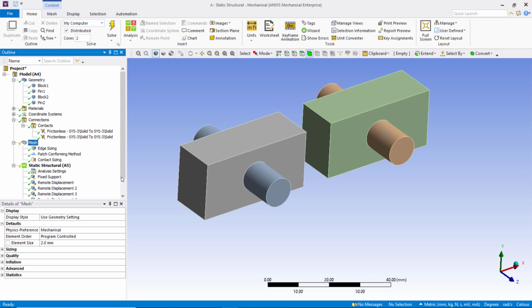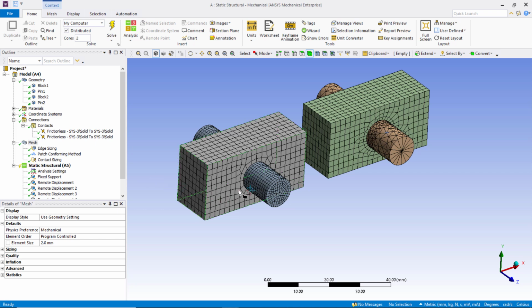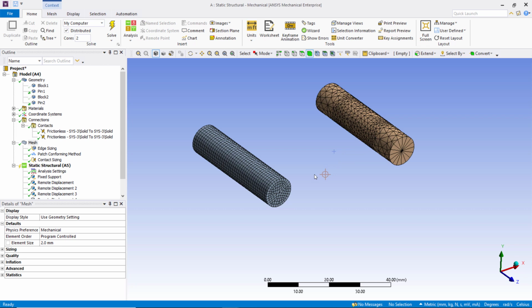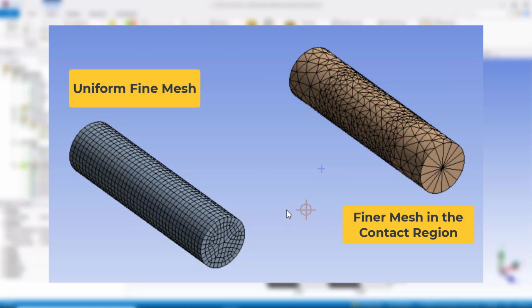Let's take a look at the mesh on the 2 pins. The mesh on the first pin looks quite uniform throughout the length of the pin. In the case of the second pin, the mesh is finer in the region where the pin comes in contact with the block and is coarser in other regions. Let's also see if the element size varies along the radius of the pin.